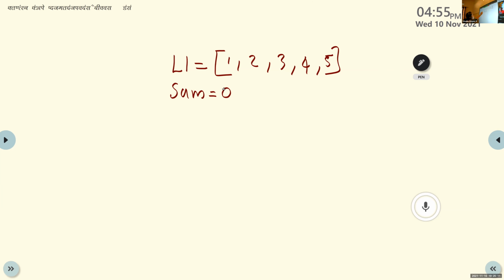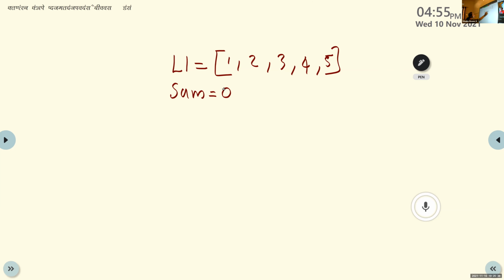Before storing the result, I initialize this variable sum with the value 0, to erase the previous contents. If any previous value is there in sum, it will be erased and the variable initialized with the new value 0. For that, we are using sum is equal to 0.